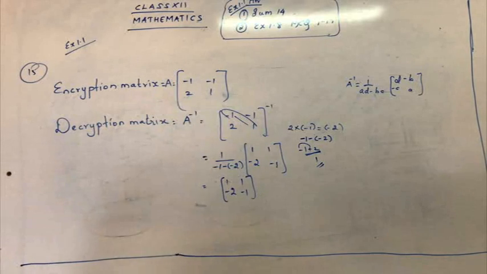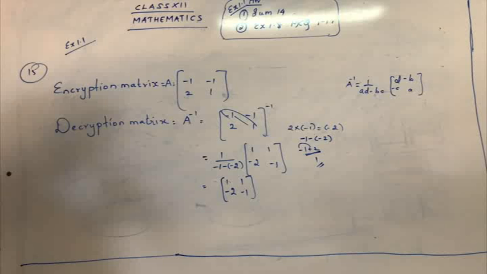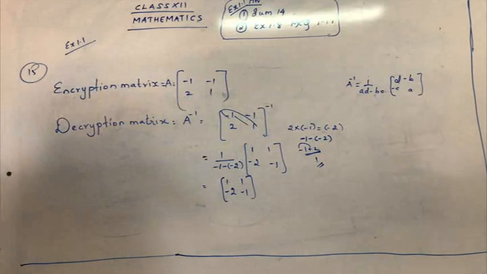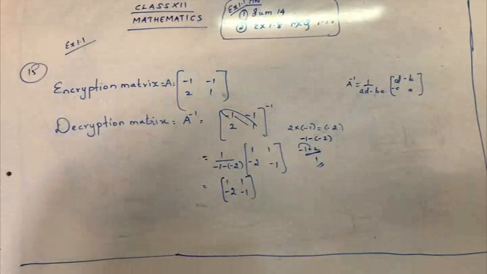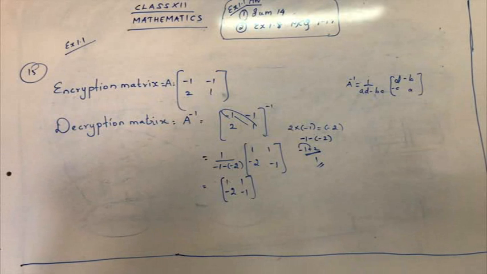It was mentioned in the question that we have to take the decryption matrix as the inverse, so we are going to take the inverse of the encryption matrix. Okay, now let's go for the next step. So what's the next step here? You can just have a small glance at your page 15. In page 15, they have given you a method over there. So we have that type of sum. So you just have to follow that page.